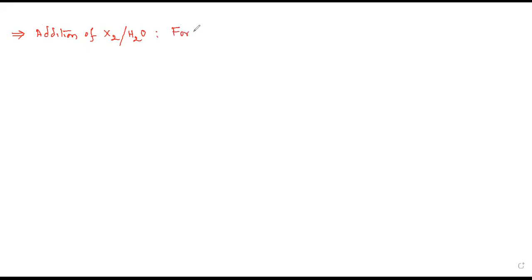We can also say that this is the formation of halohydrin. Formation of halohydrin. Okay. Let me give you the reaction first, then we'll go for the mechanism. Taking the same unsymmetric alkene,